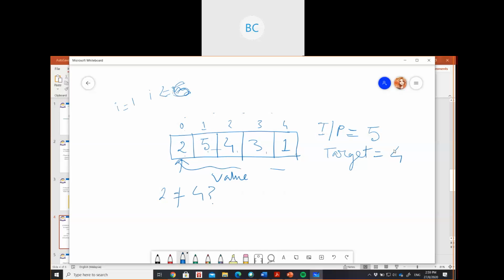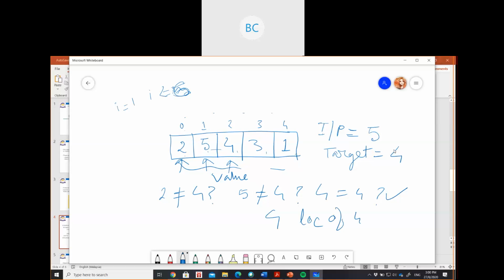No, right? Since no, it moves to the next element. Is 5 equal to 4? No, so your pointer moves to the next location. Now it's checking whether 4 equals 4. It is yes. Therefore, it will return the 4 and the location of 4.